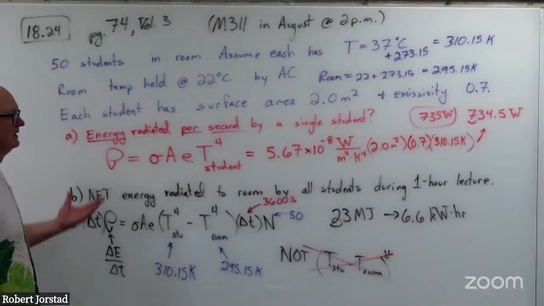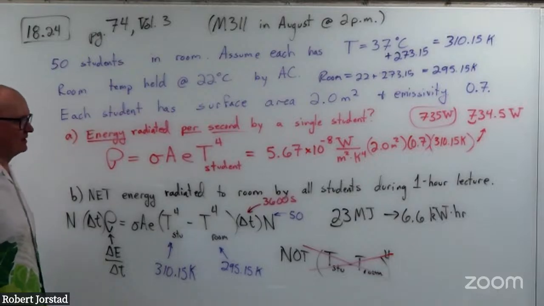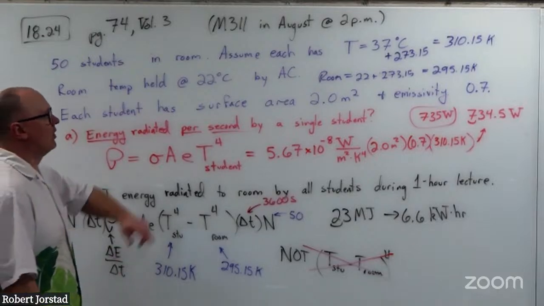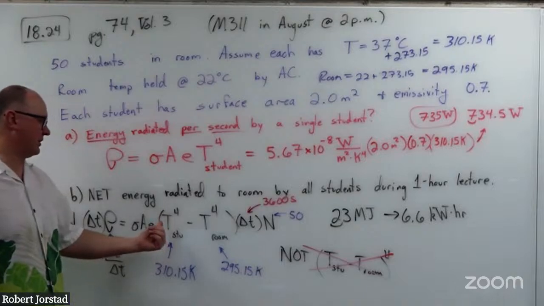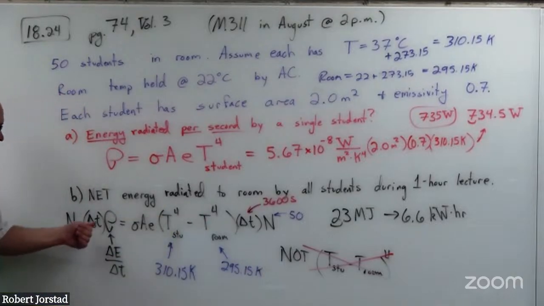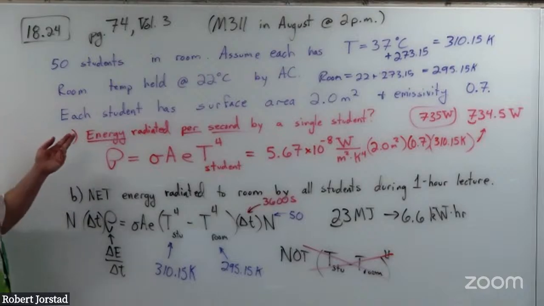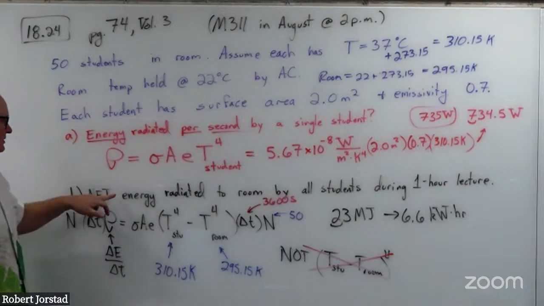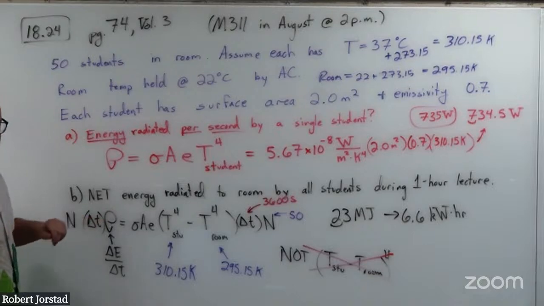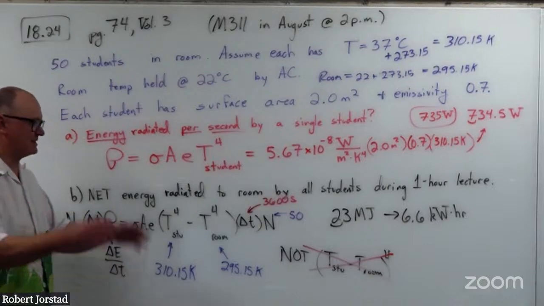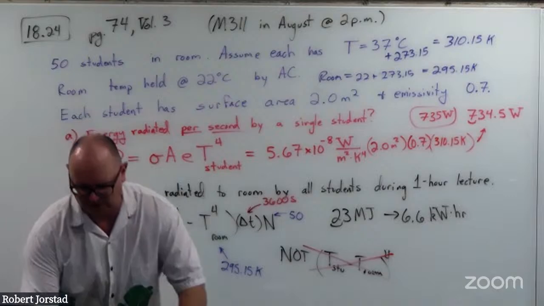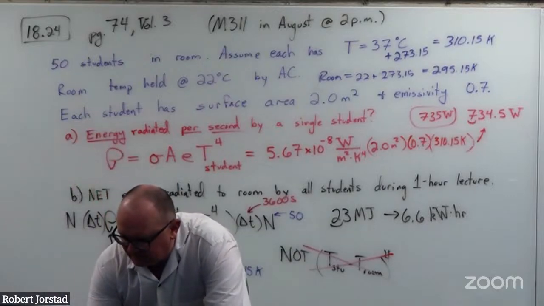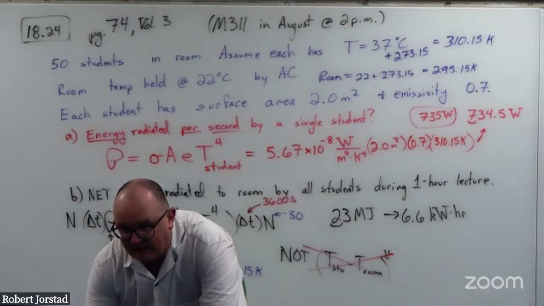In practice, these problems look like you only have one sig fig, but on test questions, watch out for your temperatures, get them in Kelvin. Watch out, you can't do this. You have to do temperature to the fourth minus temperature to the fourth. And remember that we sometimes go back and forth. Sometimes we'll talk about energy per second, which is power, or sometimes we'll talk about energy, which is power times time. Those are the main ways I mix these problems up. They usually sound really complicated, but in the end, the process is very straightforward for almost all of these types of problems. And again, the number is not necessarily hugely trustworthy, but yeah,